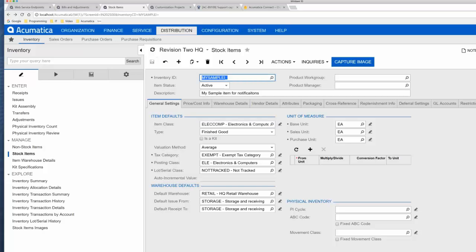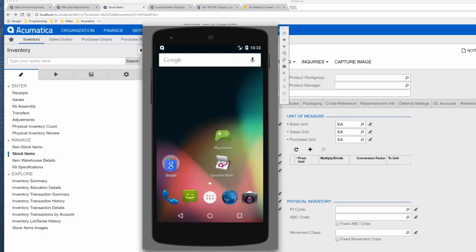Okay, so I've added this item called capture image, and what that's going to do is it's going to send a REST API call to the Google Cloud Service and send a message to my device because it knows I'm the administrator and what devices I'm using. So as soon as I press it, it's going to send my capture request to my mobile device. So I'll click OK. And now if I go to my mobile device, notice that a notification has popped up